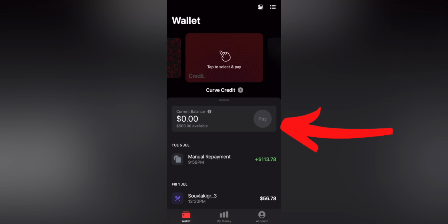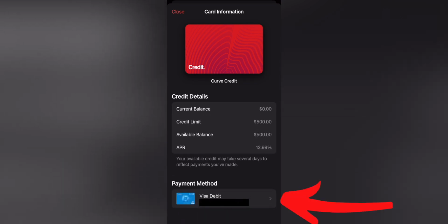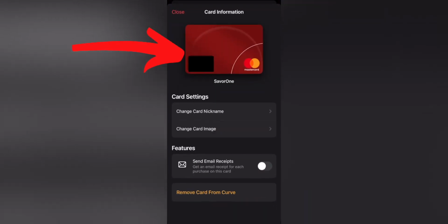You just need to click pay and follow the steps to add your debit card to pay off the balance, or click on the gray arrow next to the words Curve Credit to add your payment method towards the bottom of the page. Then to the right of Curve Credit is all the cards you added. If you click on the gray arrows for these cards, you'll see the last 4 numbers of your credit card